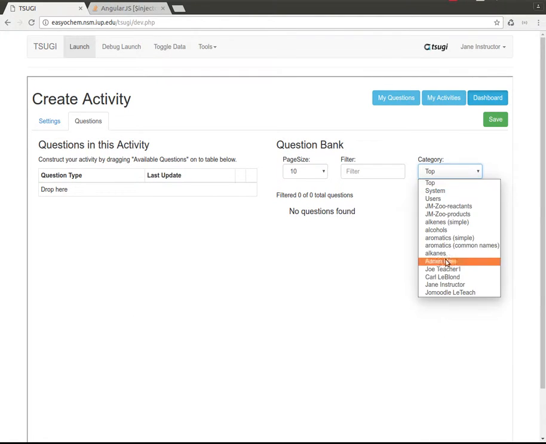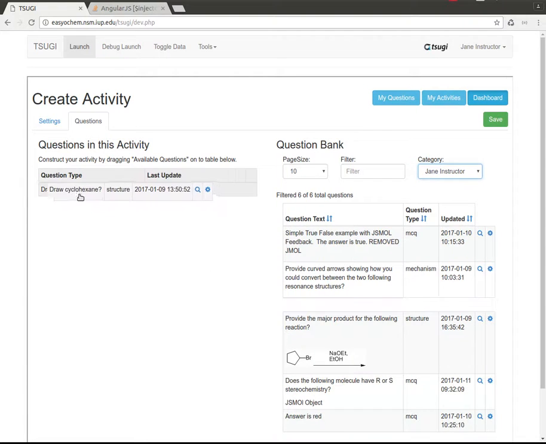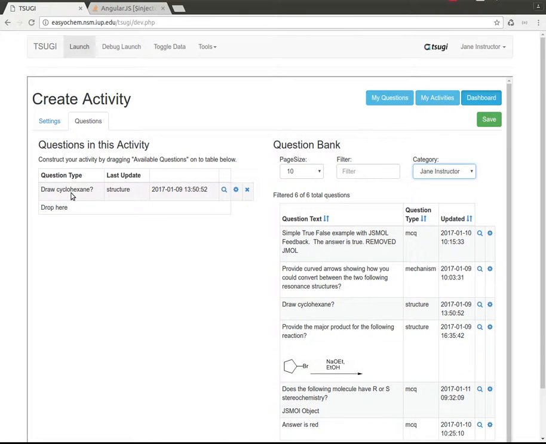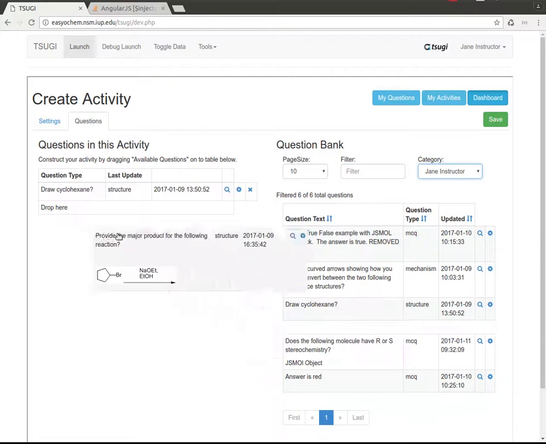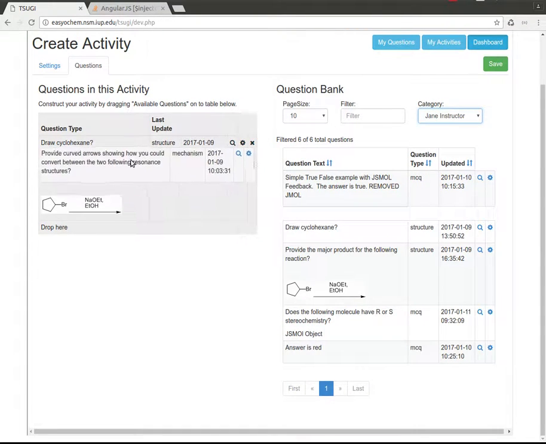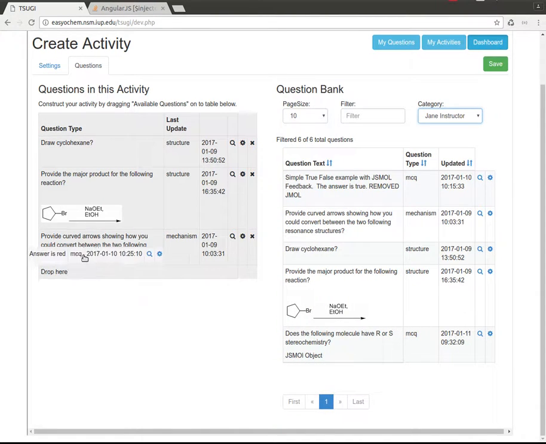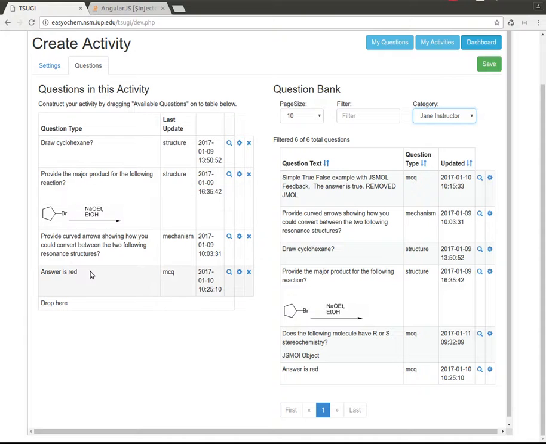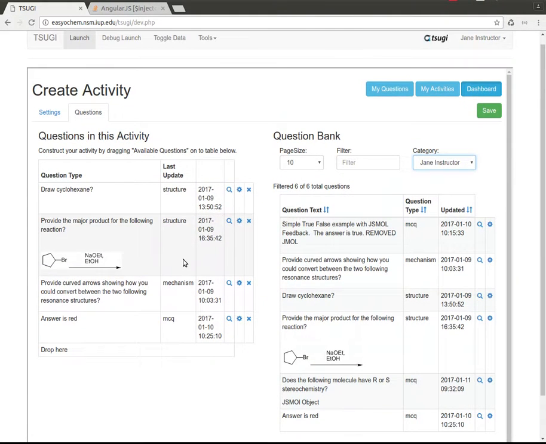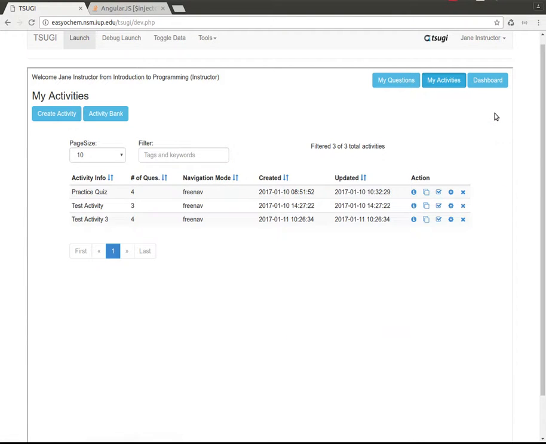Let's open up Jane Instructor's category in the question bank, and let's drag and drop some questions over. Let's put a mechanism question in here as well, and let's put a multi-choice question in here. So we got 4 questions in our quiz. We set all our settings, so I can hit save now, and now you'll see my new test activity 3